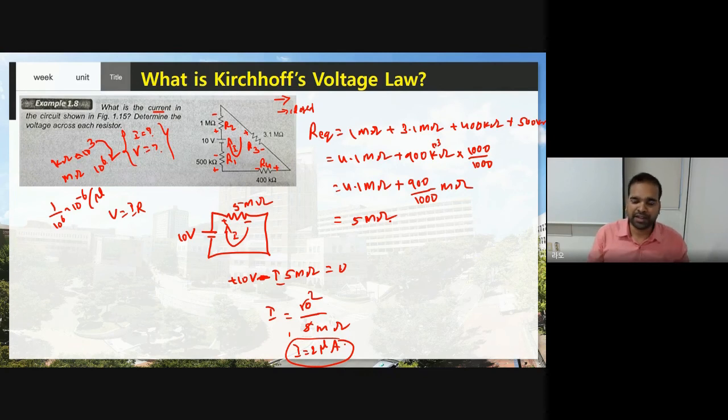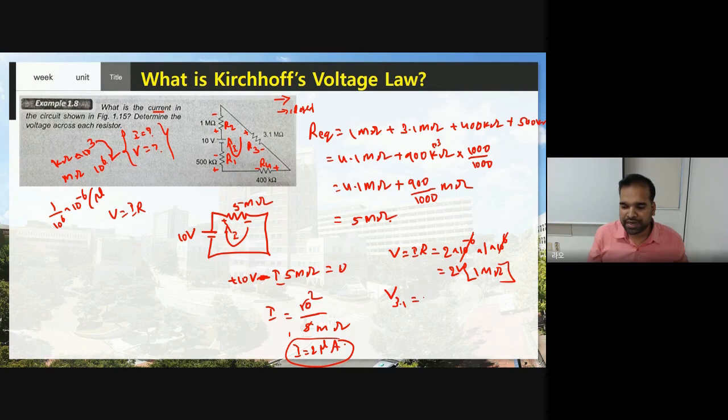Now what we need to find? We need to find the voltage drop at each resistor. Okay, clear. Now what is the voltage drop at R2? Suppose V equal to IR. So what is I? 2 microampere, that is 10 power minus 6. So here what is the resistance? 1 mega ohm. So 1 mega ohm means 10 power 6. So this 10 power 6 and 10 power minus 6 will get cancelled. So voltage drop at 1 mega ohm is 2 volt. Okay, clear.